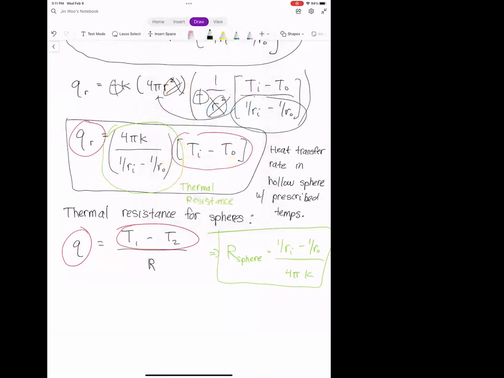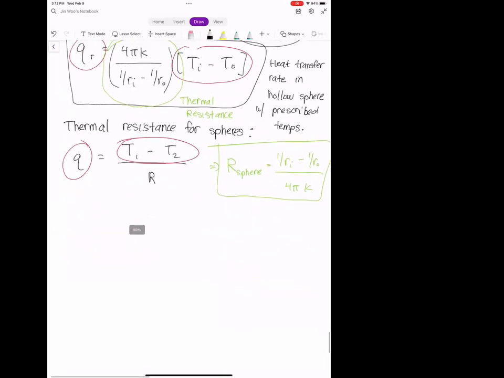All right, so this is great. And so, the fact that we can have a thermal resistance expression here for spheres means that we can apply the exact same thermal circuit solution methodology that we've used before, but for spherical systems. Okay. And so for cases where you have a layered sphere, or more than one layer of a sphere that you want to solve for the heat transfer from, you can just use the thermal circuit, right? And so, just as an example,